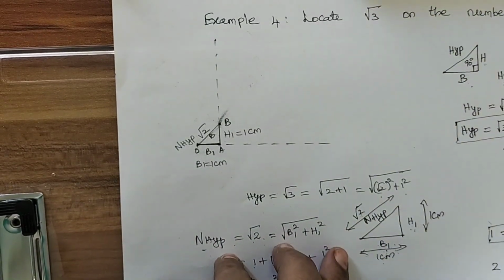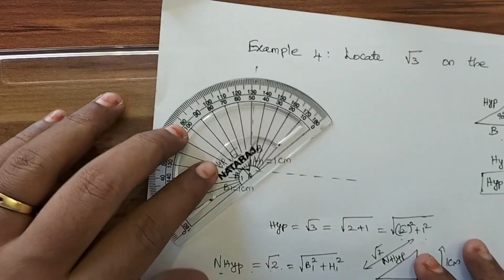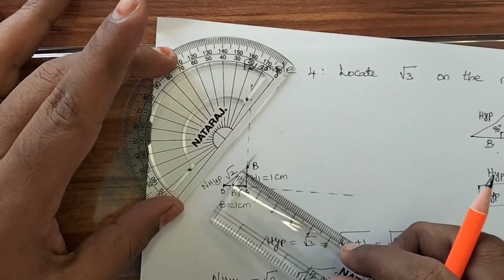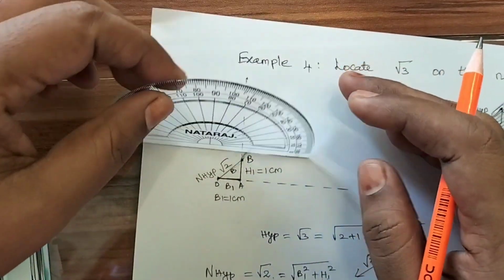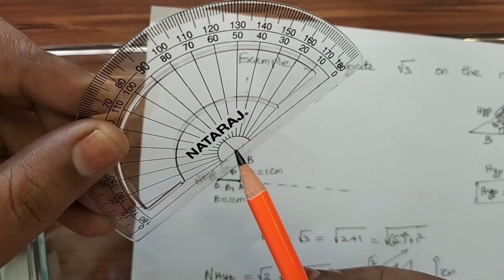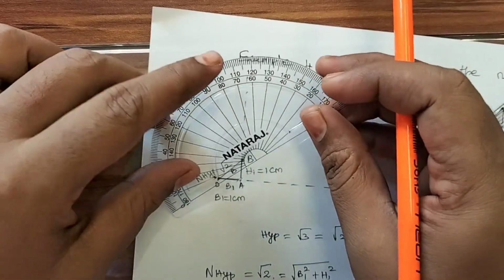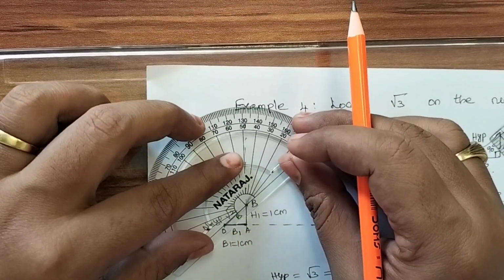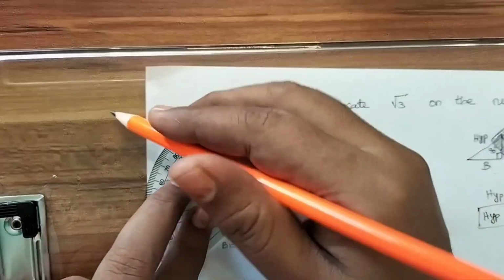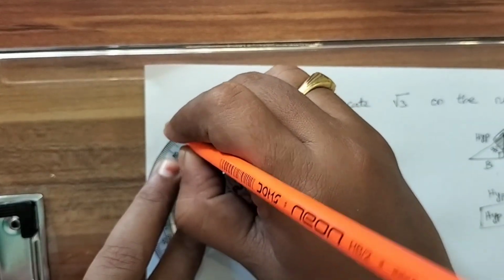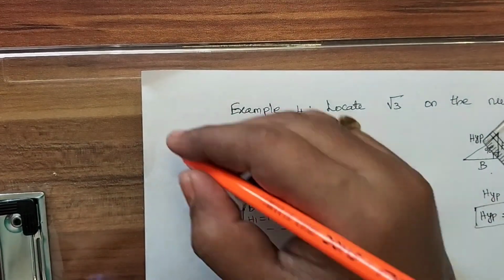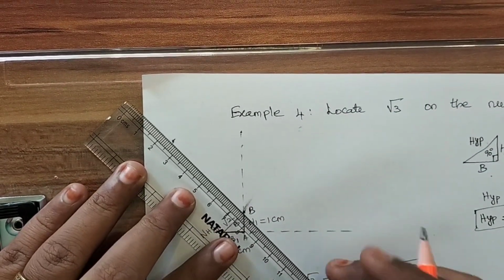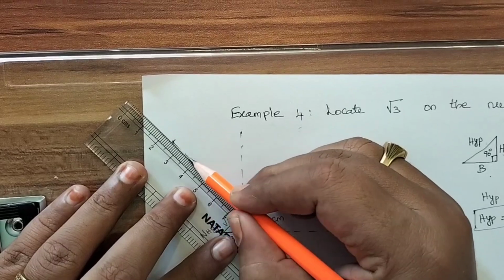So how can we draw that height? Use your protractor in a slanting manner. Why? Because this line is slanting, so you have to use your protractor in a slanting manner. Keep this midpoint at B correctly, because there only I am going to draw 90 degrees. Keep the protractor at B correctly and mark a 90 degree point, and then using that point and B, just draw the dotted line.